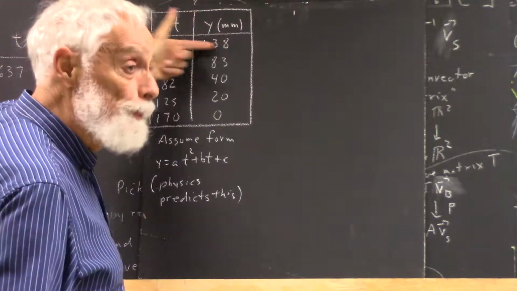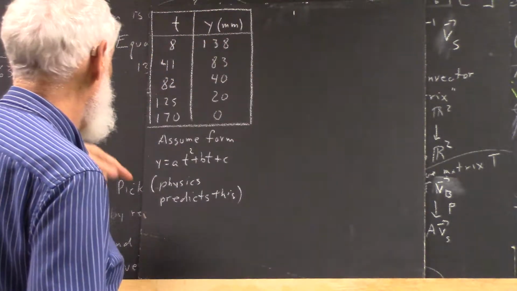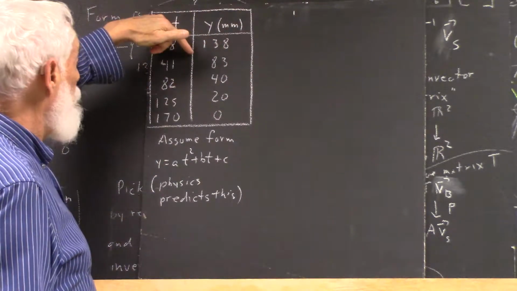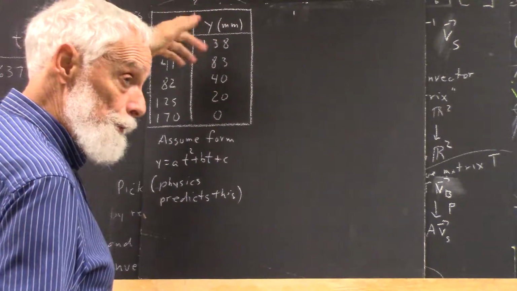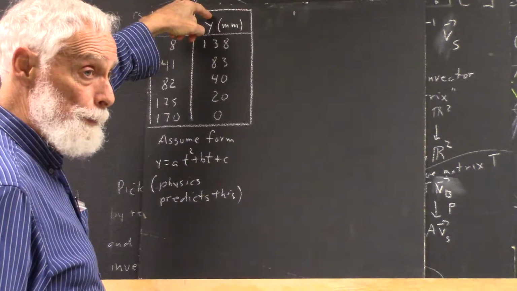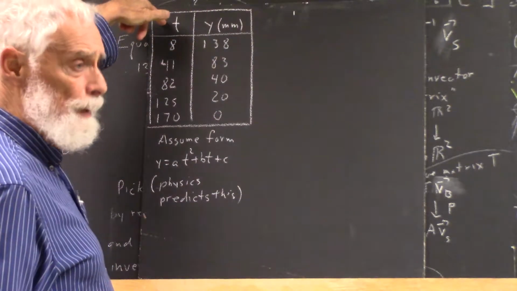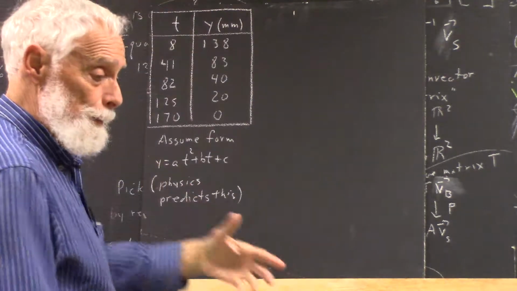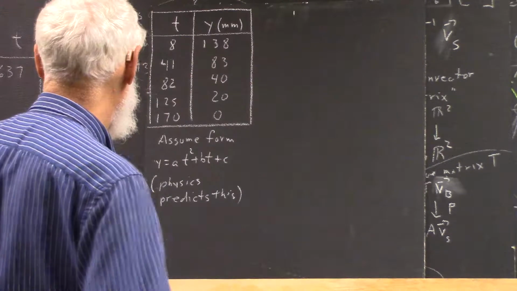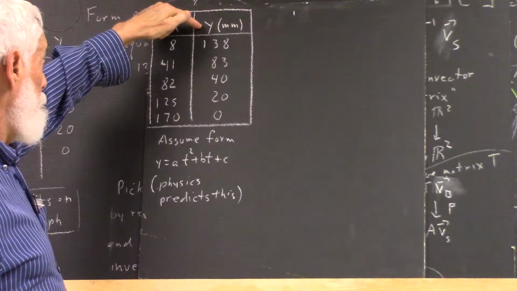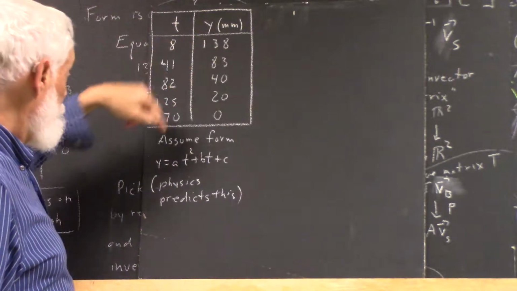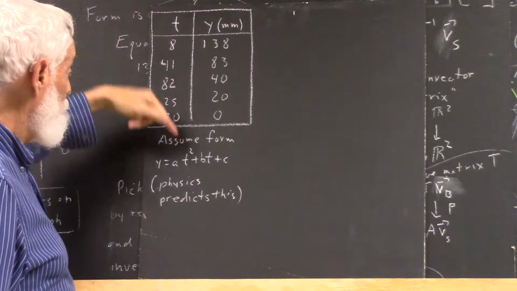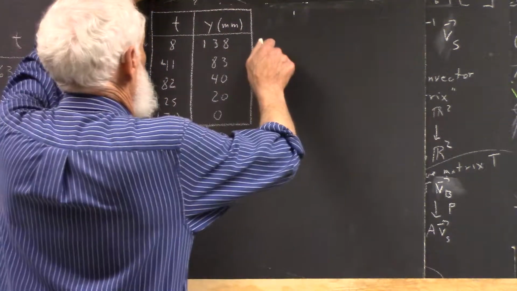to each observation, okay? So for the first, y is 138. Now, we're just going to use the numbers, but we know that this is in millimeters, and t is in counts, and the counts varied from one group to another because they were done by pacing. Y is 138, t is 8. So we plug in 138 for y,